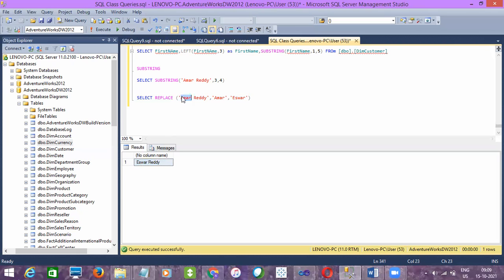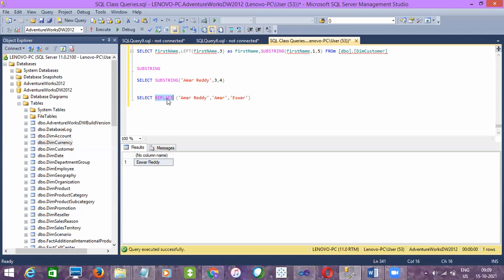Clear? That is replace. See, there will be scenarios, for example a product description or whatever it is, where you don't want to mention a specific word, but it is there in the table. You don't want that name to be mentioned in the value; instead, you want some other value.